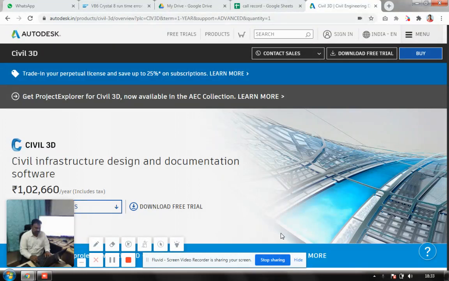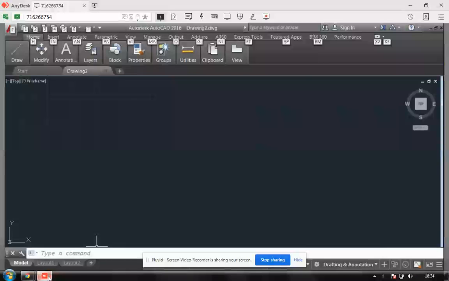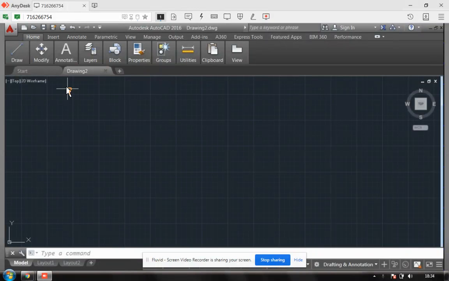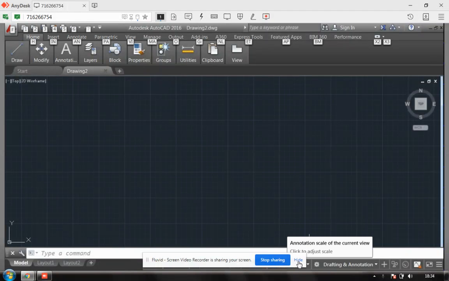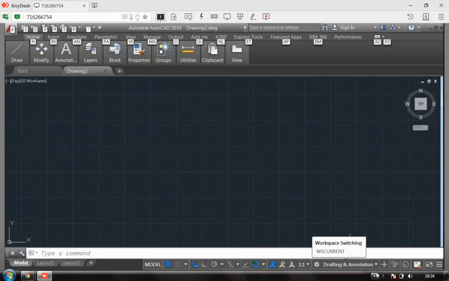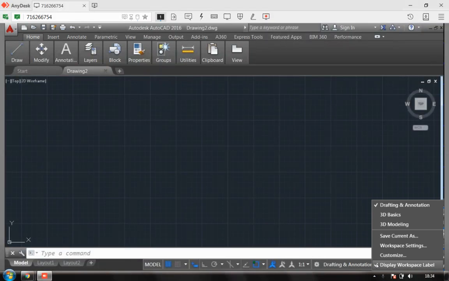Today we'll be talking about the basic understanding of 3D model in AutoCAD. So how to start with that? This is your basic drawing, basic AutoCAD software. When you come to this AutoCAD software, things are very simple. When you click on this option, you'll get a few options here: draft view, basic 3D and 3D model. You will be going for basic 3D.